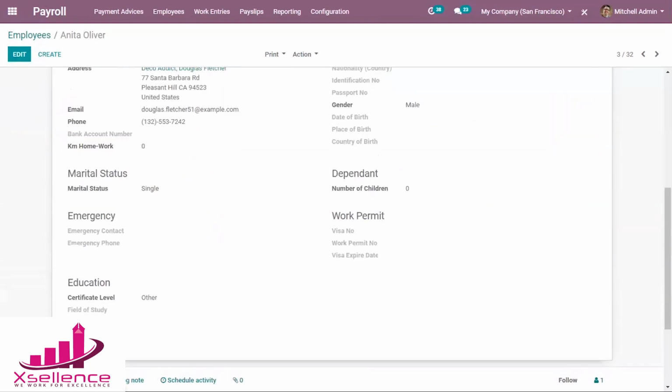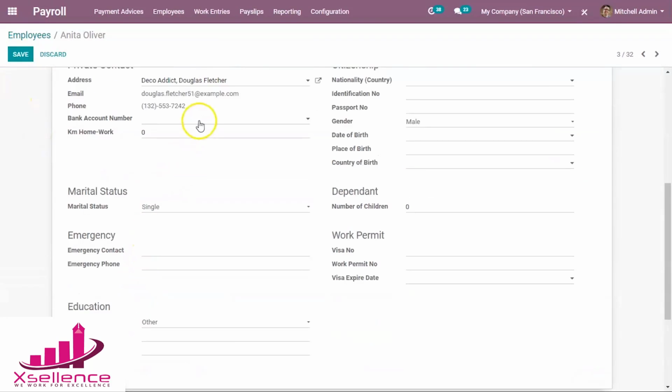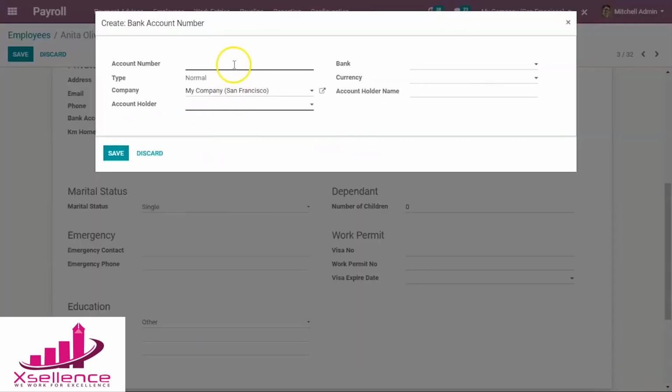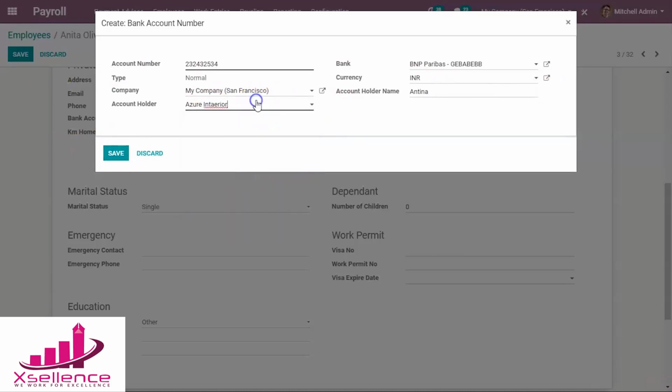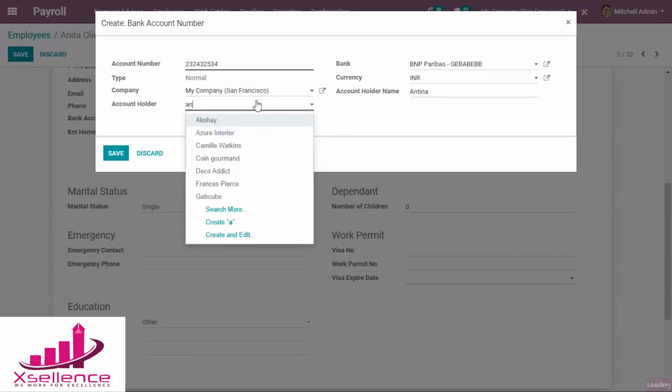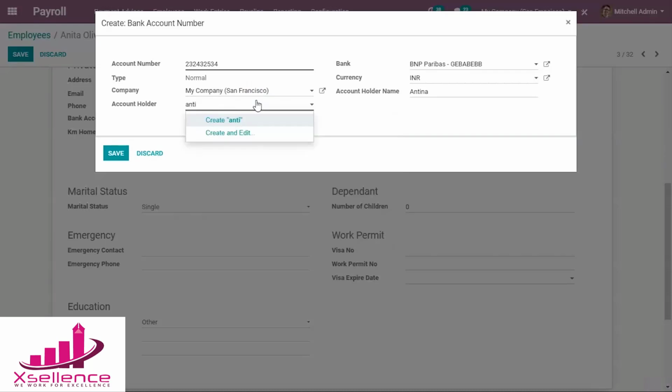Under private information you can see bank account number. Here you can add the account number, account holder, then banks can be selected, currency, account holder name, okay, save it.